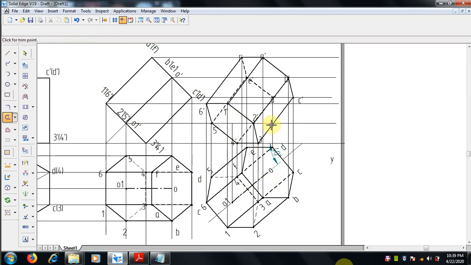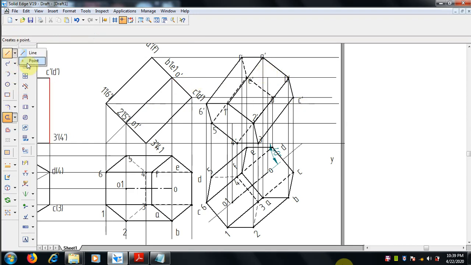From this edge also we will draw a line, end point of this axis to the top where it intersects with the O dash. So make it straight and trim where it is needed, right? Select trim command, unwanted portion I can trim it off.